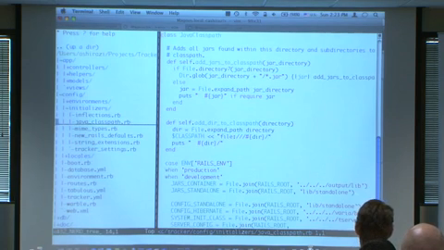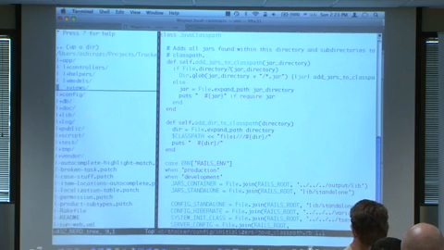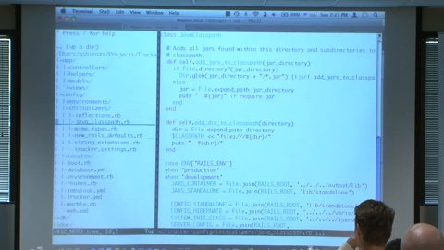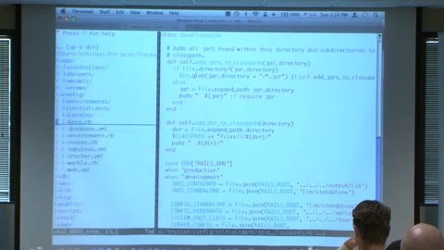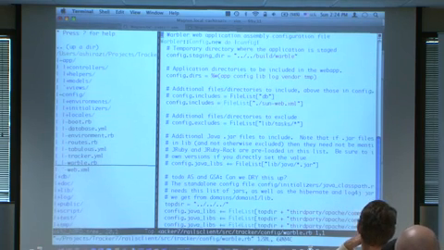Warbler itself is fairly easy to set up. Under config, right where we were, there is a warble.rb file that has a bunch of configuration directives,